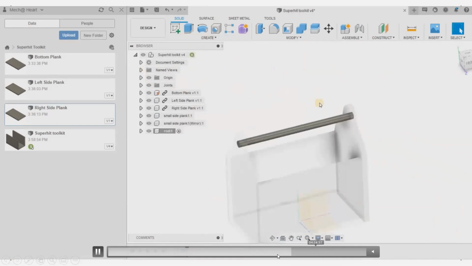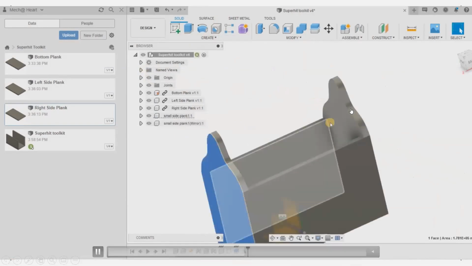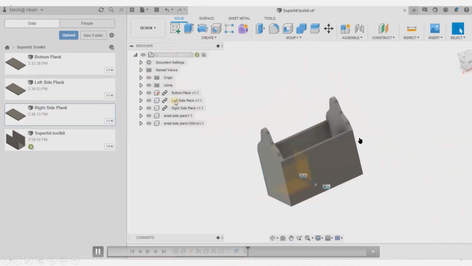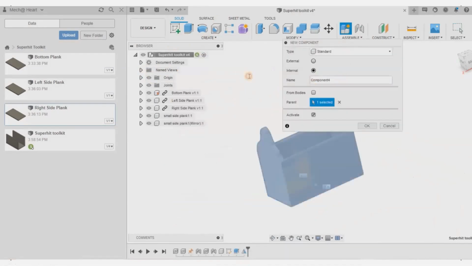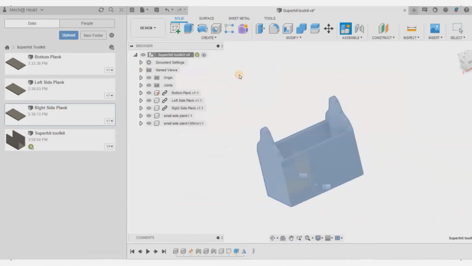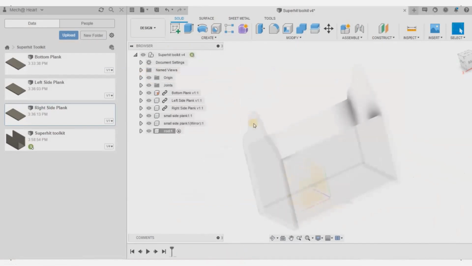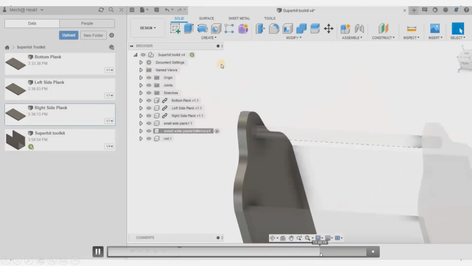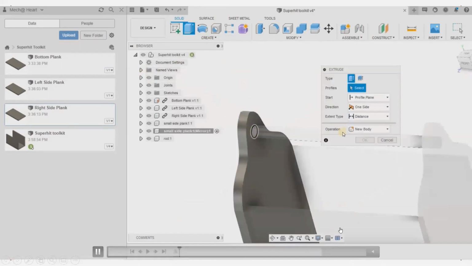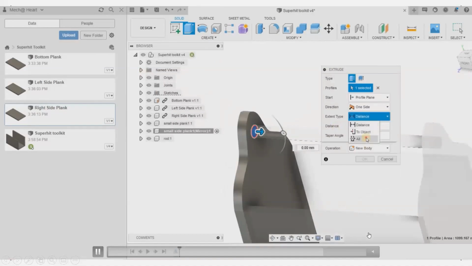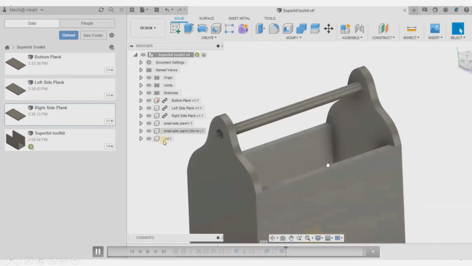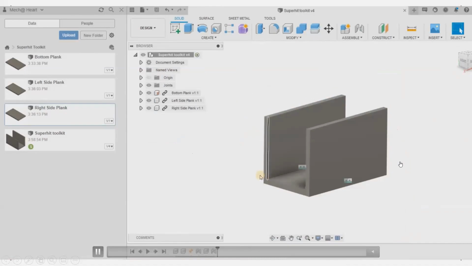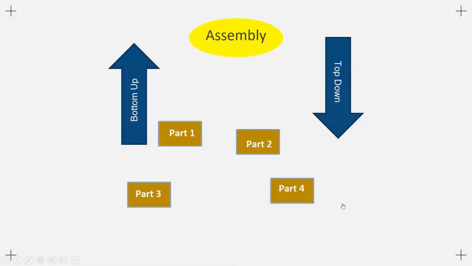So I can just look at this. I have also created the other panel. And now we need to create a rod so that we can hold it. For that, first of all, we can create the rod and then make holes in these components. Together, you can see how I have created these holes, and then I'm going to extrude it. We are going to get something like this. But you can see here that this rod should be going inside them.